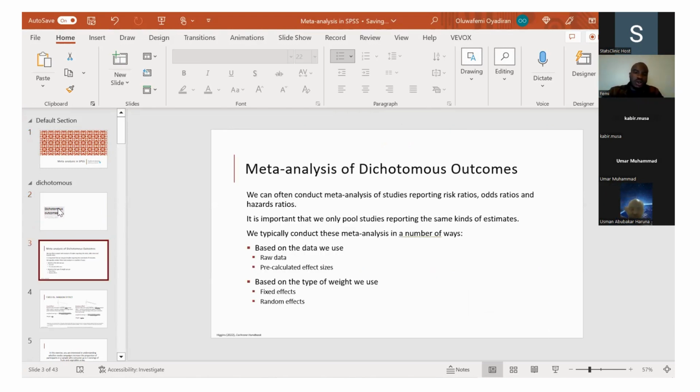Now, when we conduct meta-analysis on SPSS with dichotomous outcomes, you have different studies reporting risk ratios, odds ratios, hazard ratios. While you are gathering your studies, it's important for you to pull studies that report the same kind of estimates. For instance, you cannot pull a study reporting risk ratio and pull the result of another study reporting hazard ratio and odds ratio. So it all just gets kind of mixed up. So you need to identify the estimates that each of these studies are reporting, and that is what you need